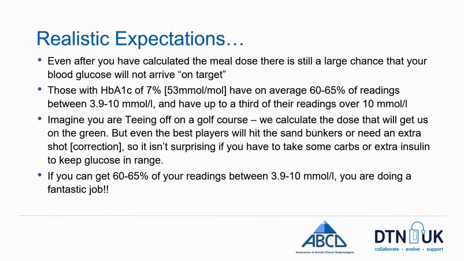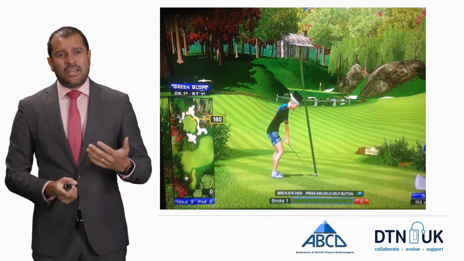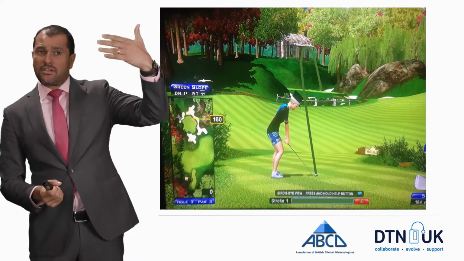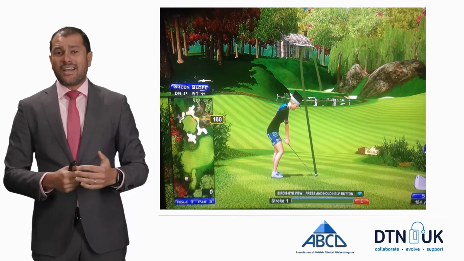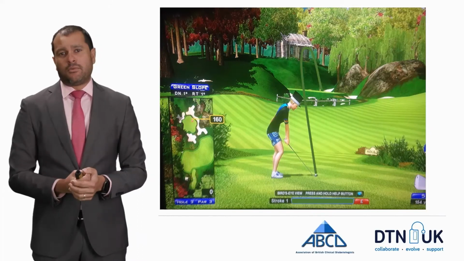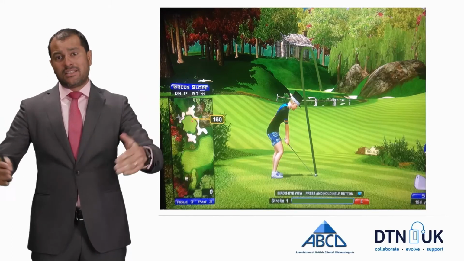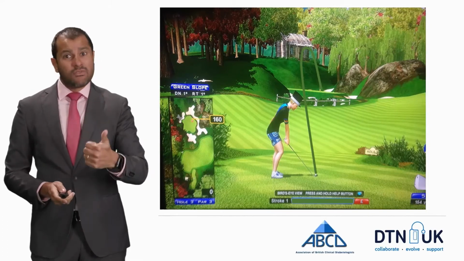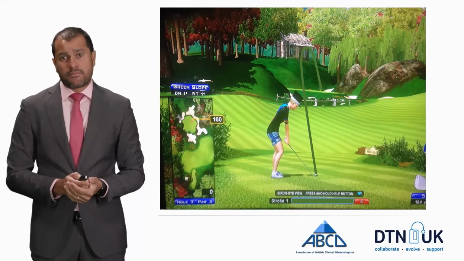So just to explain that golfing analogy a little bit better, if you've calculated your dose and you've taken the insulin, the blood sugar is going to go up a bit and it's going to come down. If you can land it near that flag, let's say your target is a blood sugar of 6, that's like a hole in one. And even if you're a fantastic golf player, there's an element of luck involved with that. If you can land the blood sugar between 4 and 10, at least 60% of the time, that means your settings are probably in the right ballpark. That means you're doing really well, you're really good at carb counting, and your carb ratio and basal settings are probably very close to where they need to be.